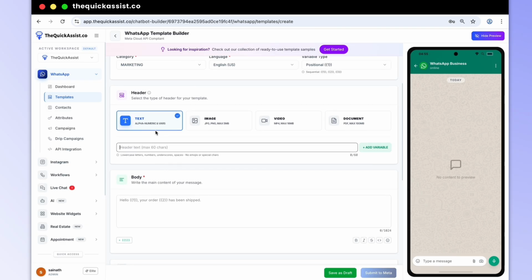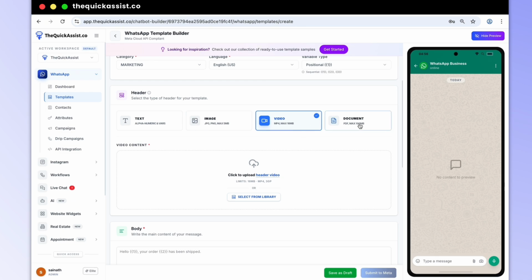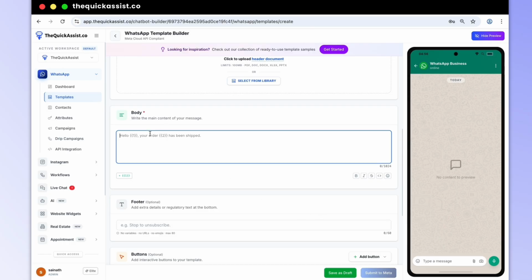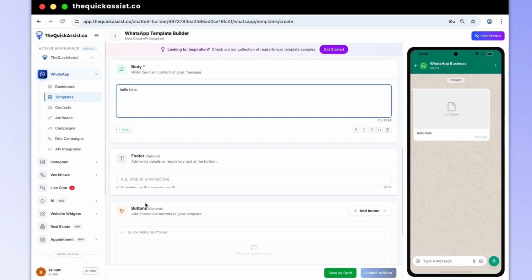After that, you will see the header section. In the header section, we can use text for writing text messages. Also, you can use images, videos and documents for your templates. After that, next comes the body section. In the body section, here you can write any welcome message or information of your business.